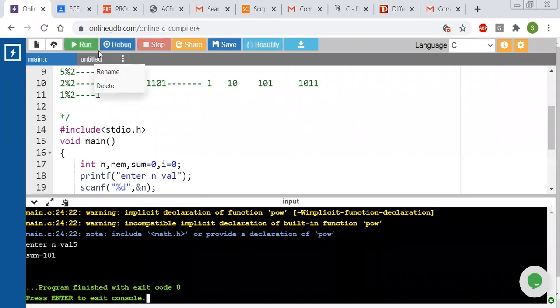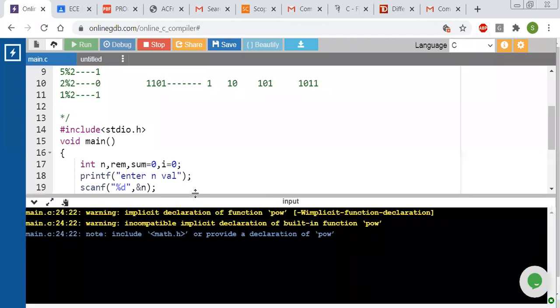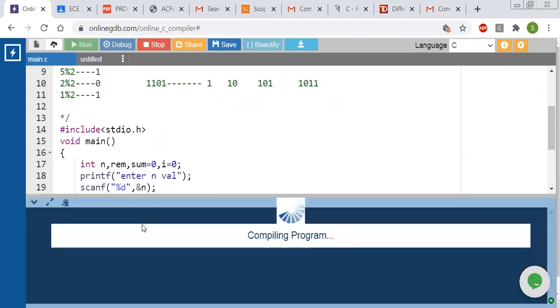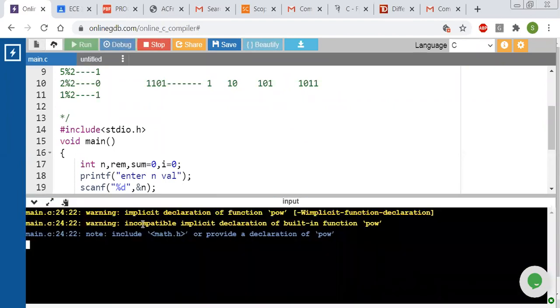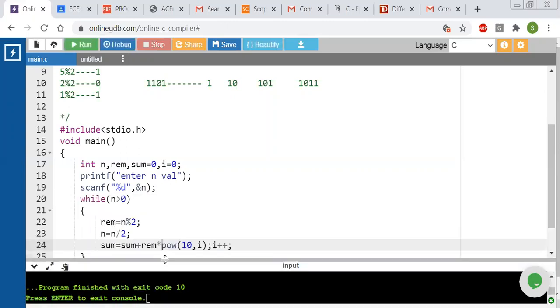Okay. So we are getting our answer. 23 is 10111. Okay. So see here what I am doing.